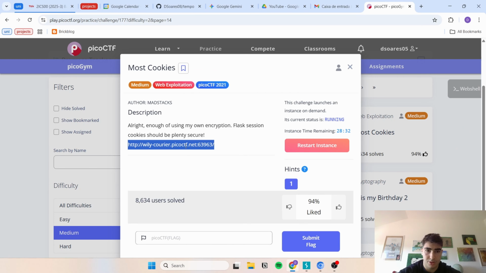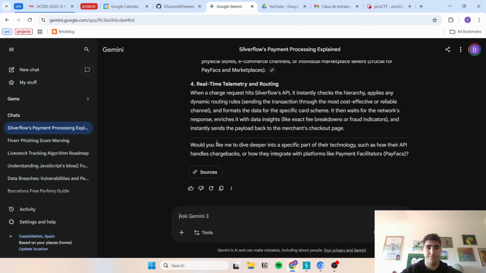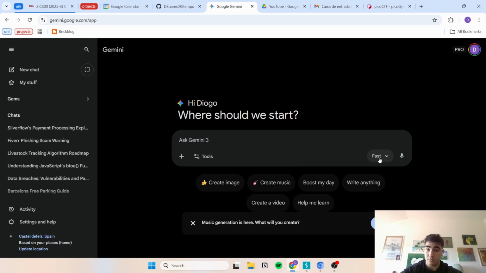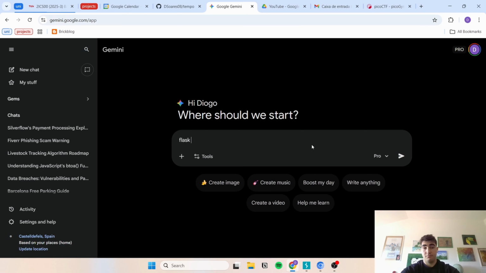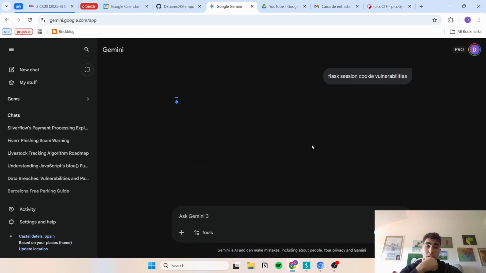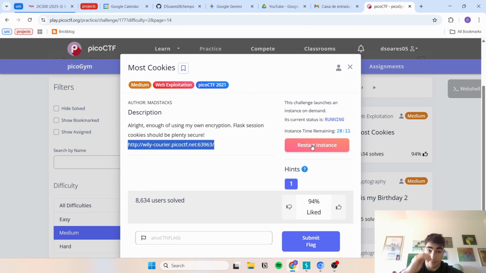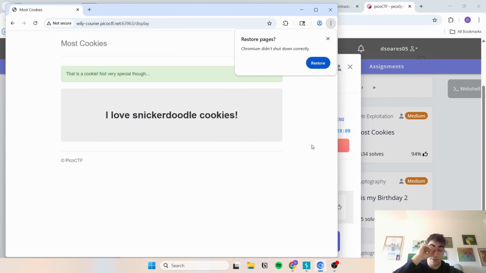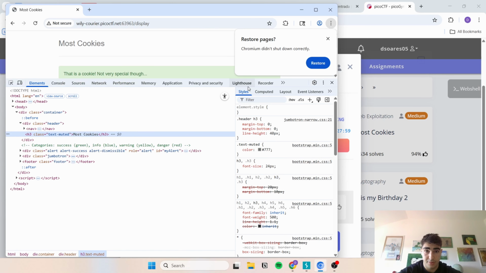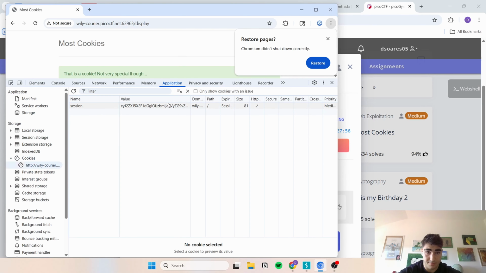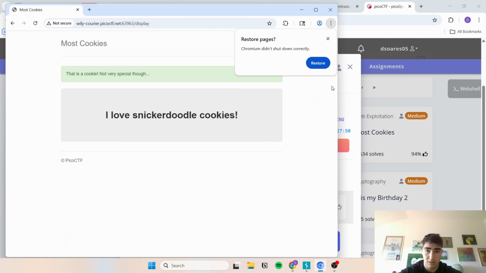I'm going to research Flask session cookie vulnerabilities. Flask. This is the key for sure, because right now we have just this session cookie, but yeah, if I remove it, I'm not sure what that's gonna do. What if I just delete it? Is that possible? It's already HTTP only. I remove the value and I say